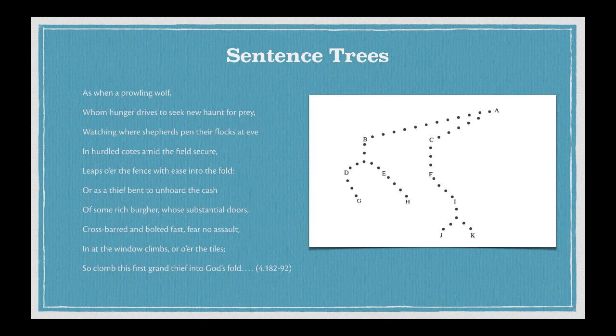I won't go through all of the details about how Corns labels ABCD, all of the subclauses here, except for the last one, which Corns says is the most important one, Clause A, and that it occurs at the end of the sentence, so that we have to work our way in this diagram from left, more or less, to right, through clauses like B and D and G and E and H, and then C and a whole subtree of clauses over there, before we finally get to the main clause of A, which is where the sentence resolves itself.